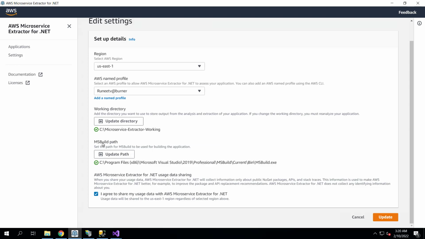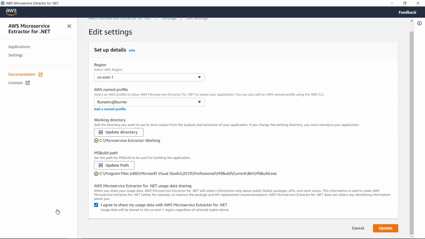The next one, as I mentioned, Microservice Extractor is going to build your code at runtime, and for that purpose it is going to use MSBuild. MSBuild is one of the prerequisites to work with Microservice Extractor. If you're running Microservice Extractor on a computer which already has Visual Studio installed, it should have MSBuild automatically detected and the path will be automatically populated for you.